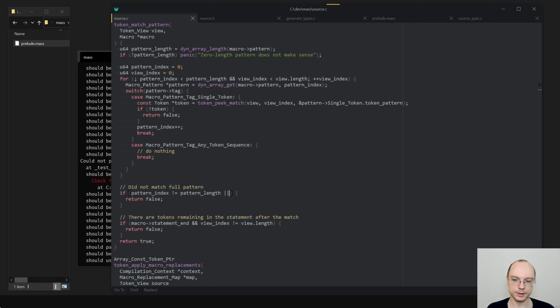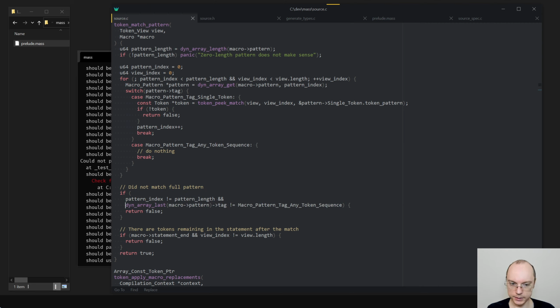So I guess it should be something like array last of macro pattern tag is something like this.